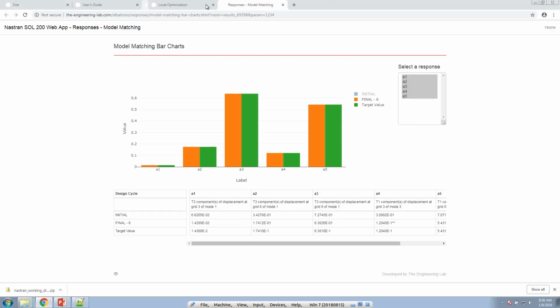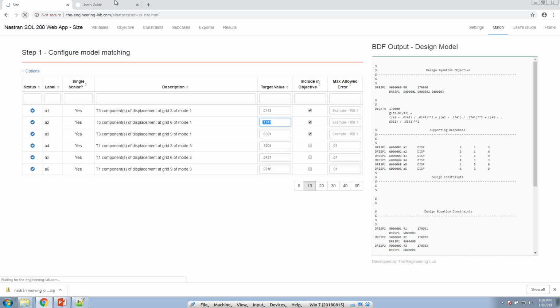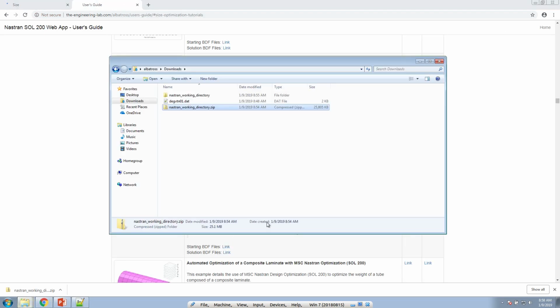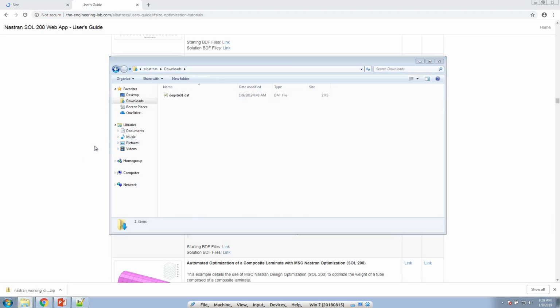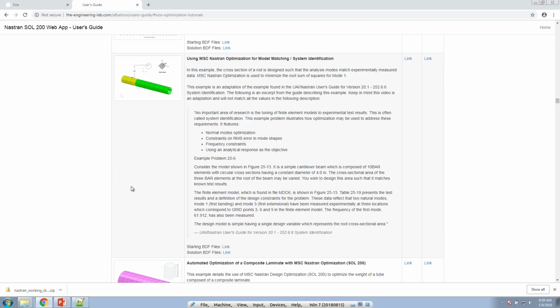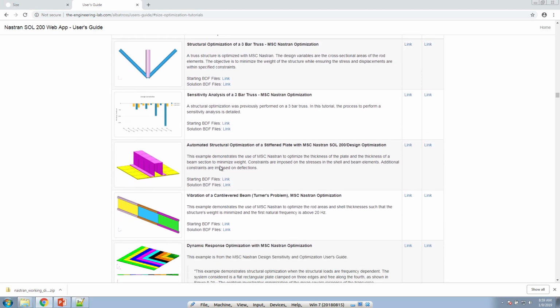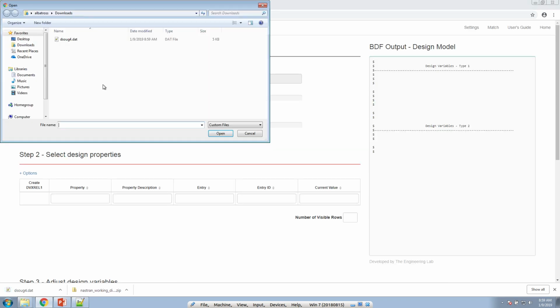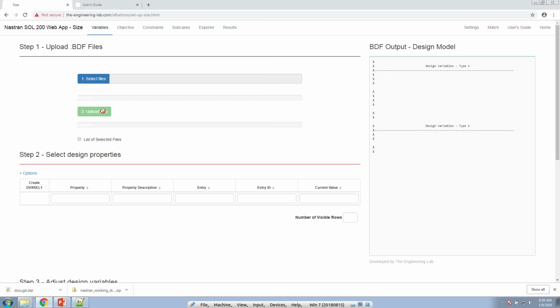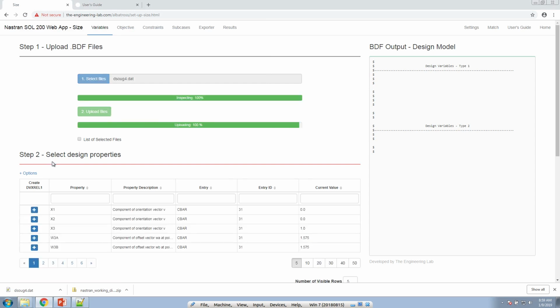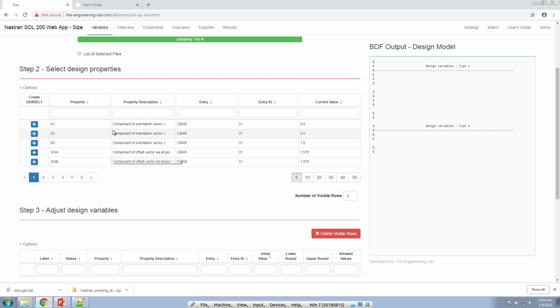Let me close all of these windows and start off from the beginning here. So let's navigate to the user's guide. We'll look for this example. That would be this one here. Let me download the PDF file. And so like before, let's upload this PDF file, and let's create our first